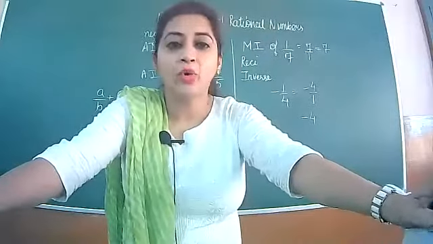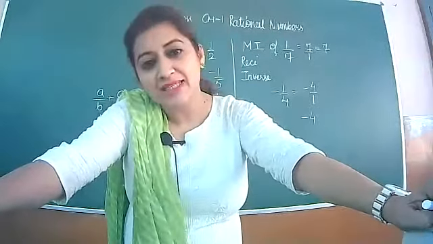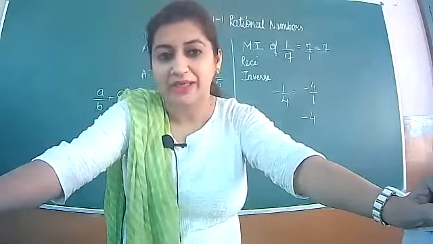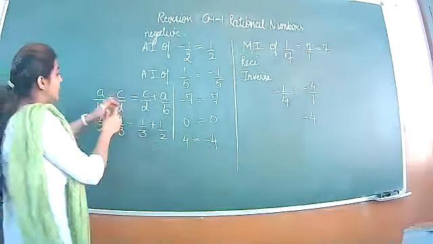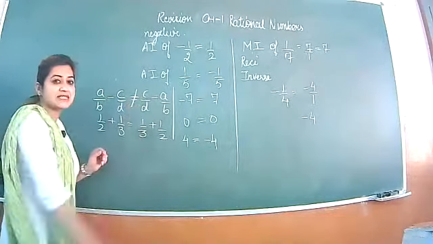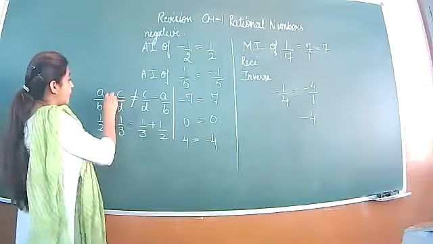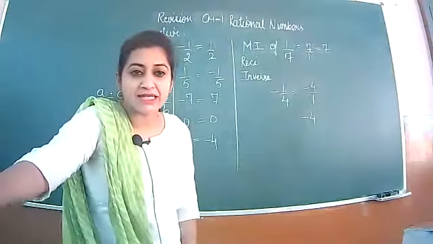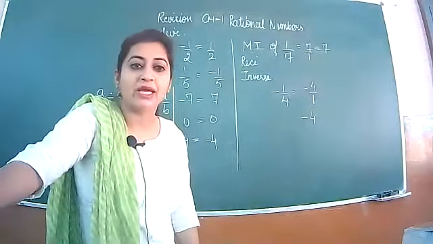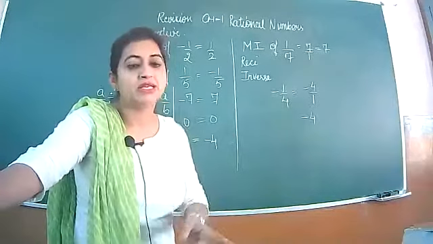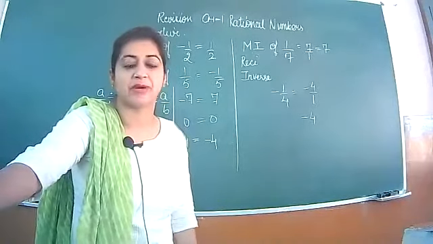It will not hold for division and subtraction. You can get a rational number as the answer, but when you subtract the two rational numbers in this order, then their answer will not be the same. And when you divide them in this order, their answer will not be the same. Then we can say that commutative property holds for addition and multiplication, but doesn't hold for division and subtraction.